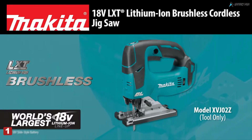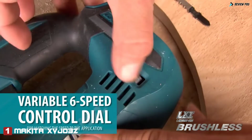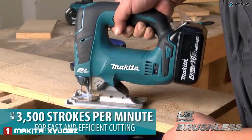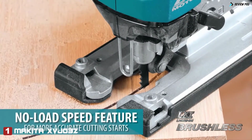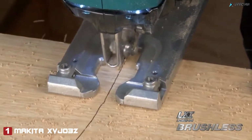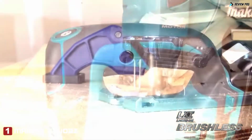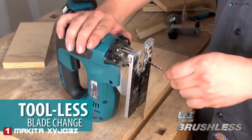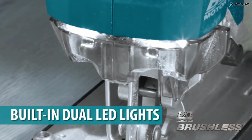Introducing the 18-volt LXT Lithium-Ion brushless cordless jigsaw. It has a variable 6-speed control dial and delivers up to 3,500 strokes per minute for fast and efficient cutting. The no-load speed reduction feature automatically reduces blade speed before it comes in contact with the workpiece for more accurate cutting starts. Convenience features include a large 2-finger trigger switch, a toolless blade change, built-in dual LED lights, and a